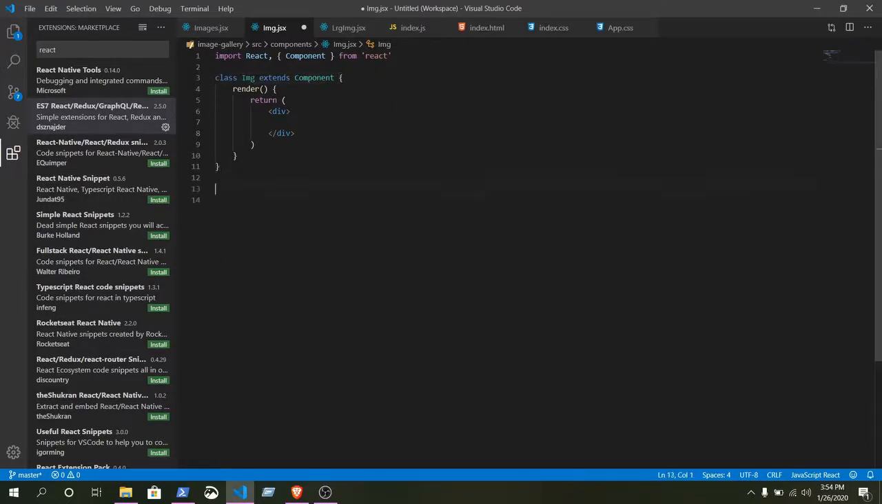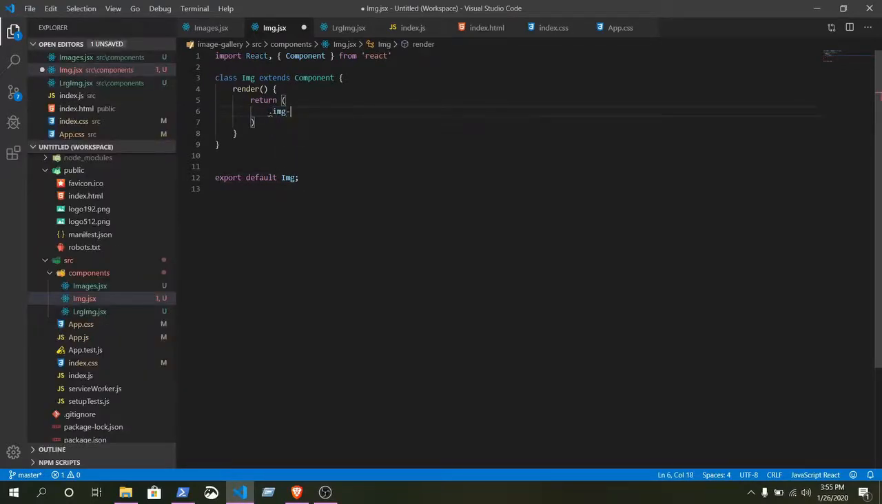Just cut it and paste it here. Export default img. You can export it from here. Okay, but I want to make it separate. Delete this div.img